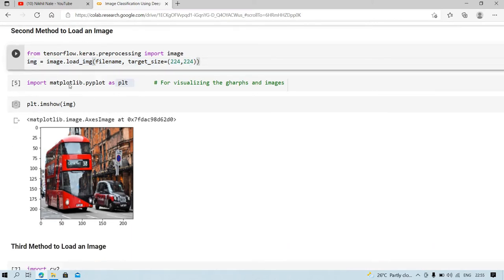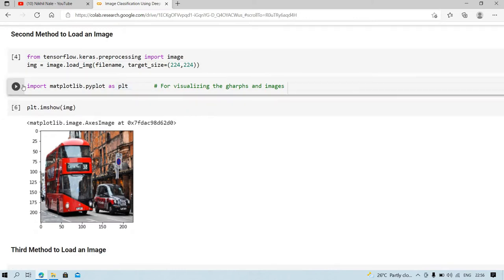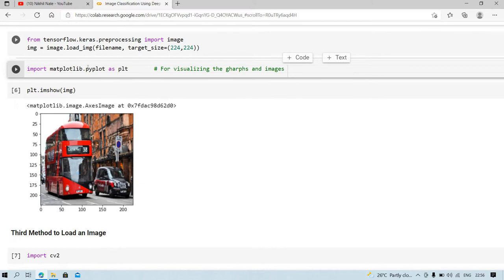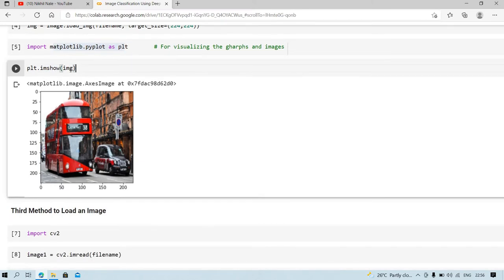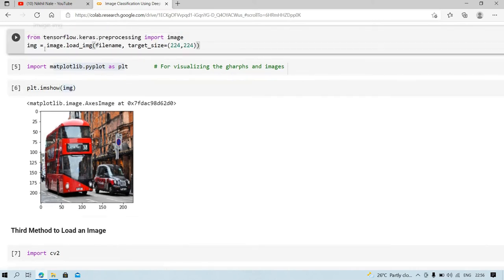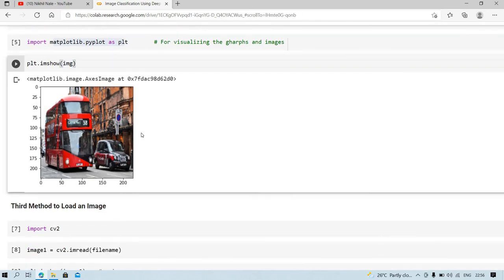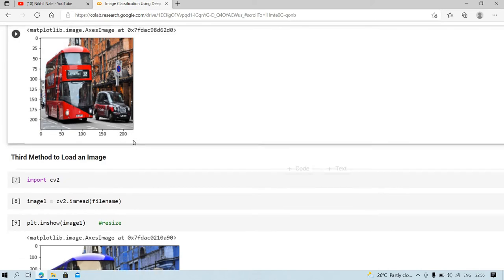If you want to see the image, first you need to import matplotlib.pyplot as plt for visualizing, and from this library I will call the method imshow and pass the argument img. Shift and enter to execute this cell, and here you will see our image.